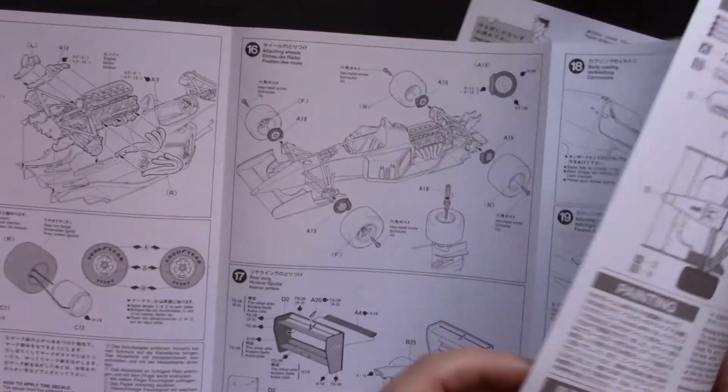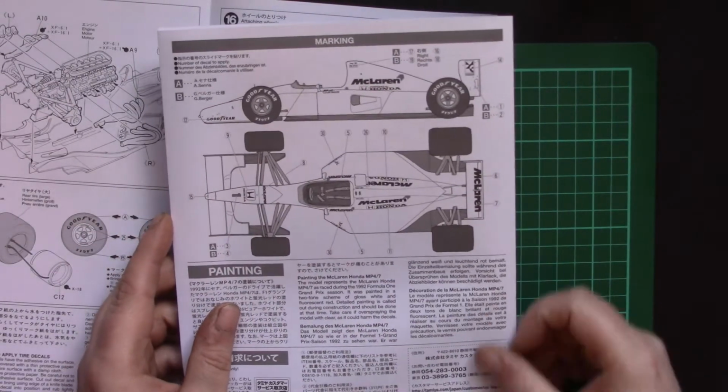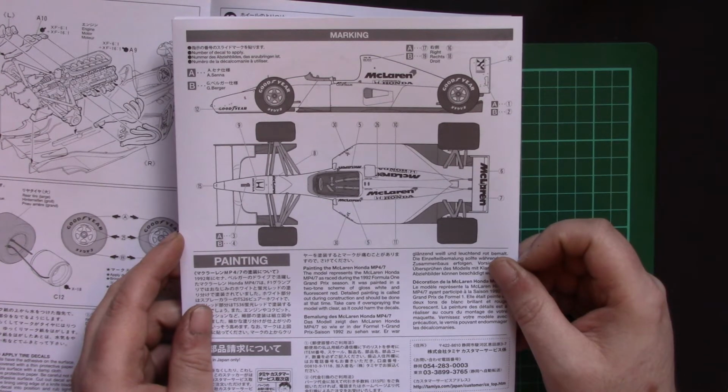and your decal callouts, which are pretty much going to be the same apart from the number and the name. So Senna's will probably have a 1 on it, and